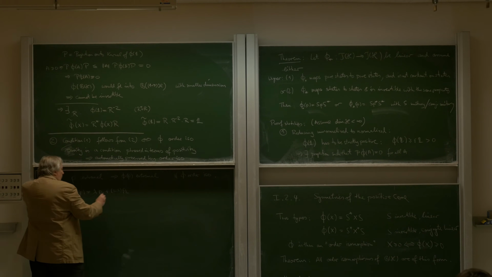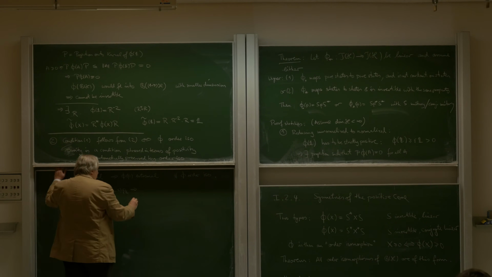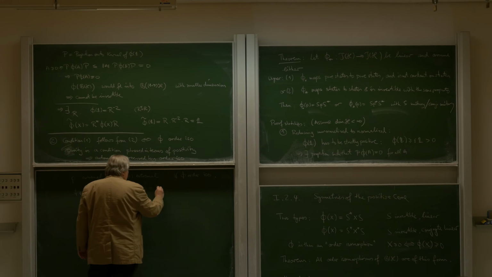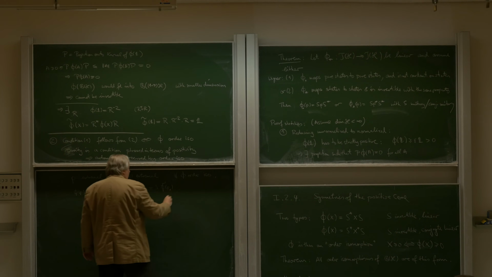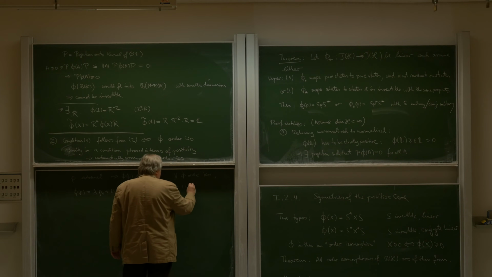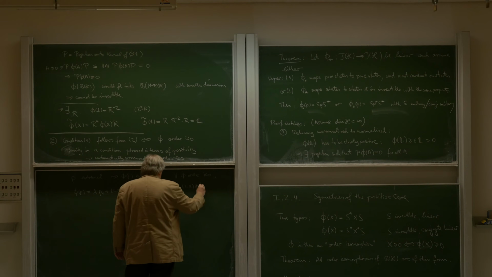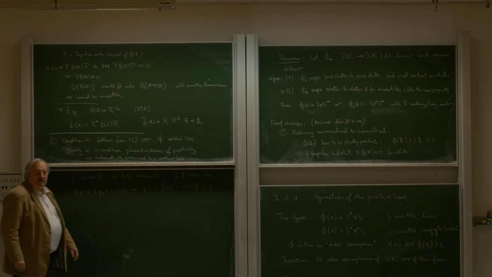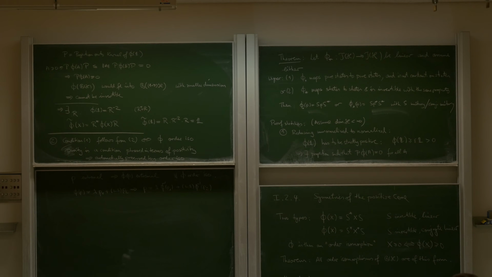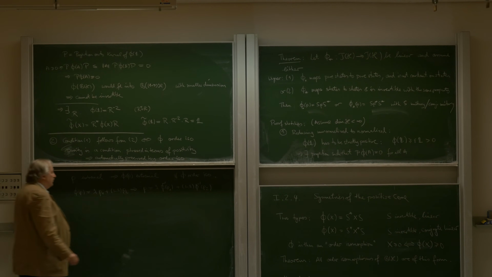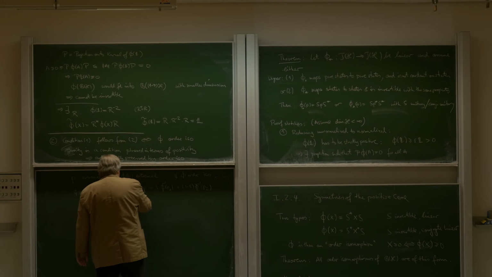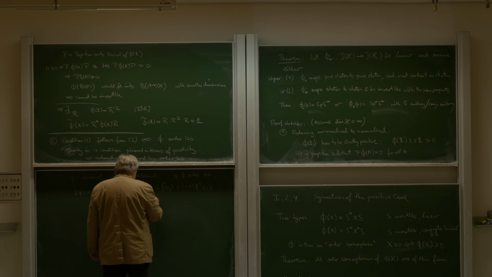So this implies, by applying the inverse, that rho is equal to lambda phi minus 1 of rho 1, plus phi minus 1 of rho 2. And there you have a decomposition of rho. Now, because rho is extremal,